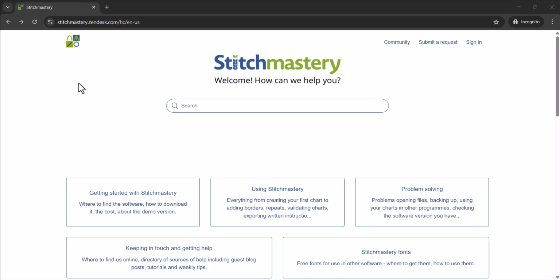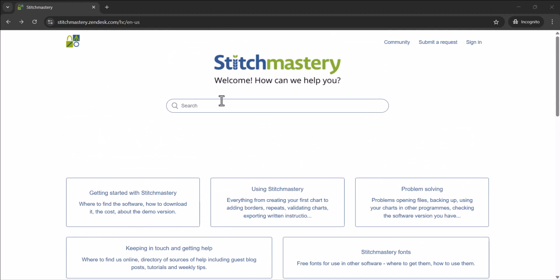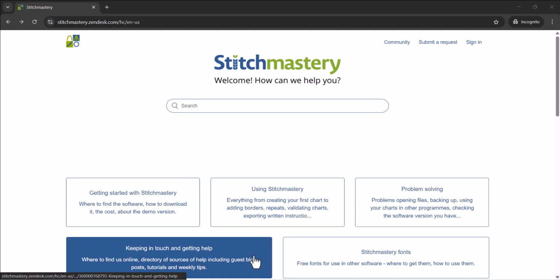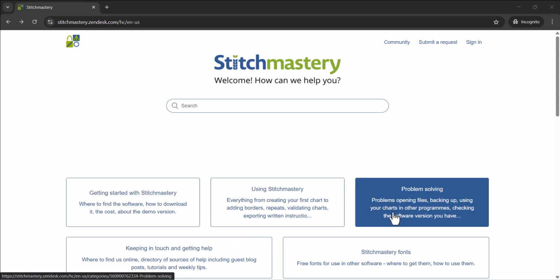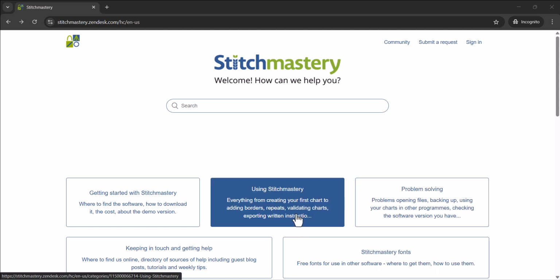At the top of the page when you first come onto the website, we have the actual Help Knowledge Centre, and you have a search bar that you can search by topics, or you can go through any of the 5 sections that we've arranged articles into. And all of the content of the Stitch Mastery user manual is within this website, but it's a lot more searchable and easier to navigate.